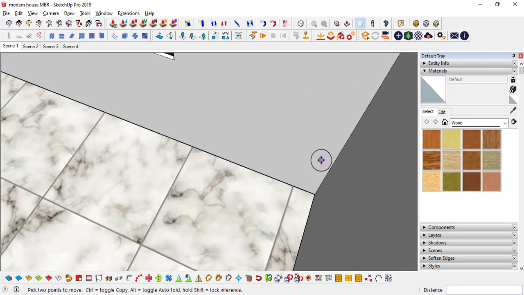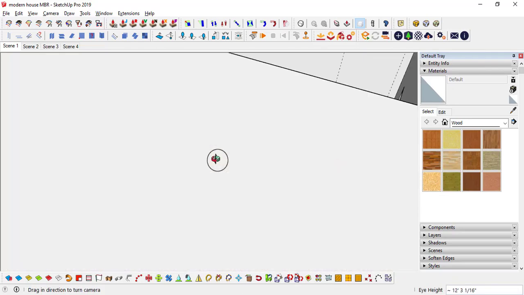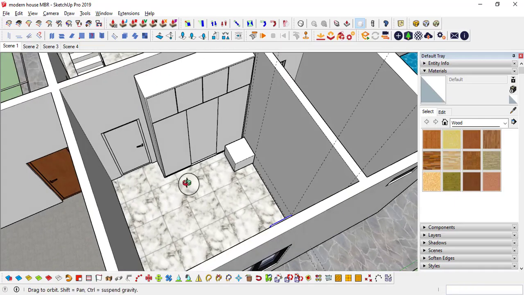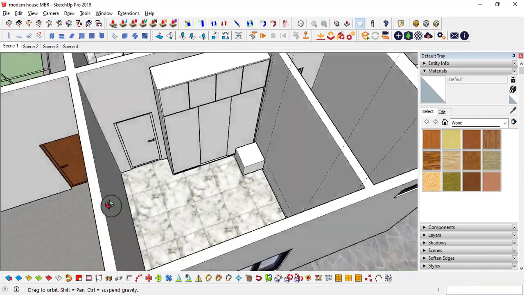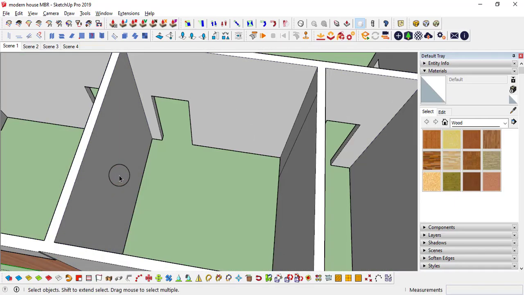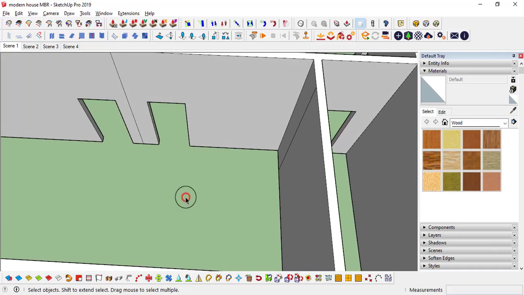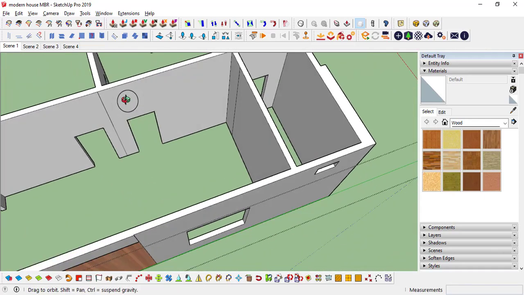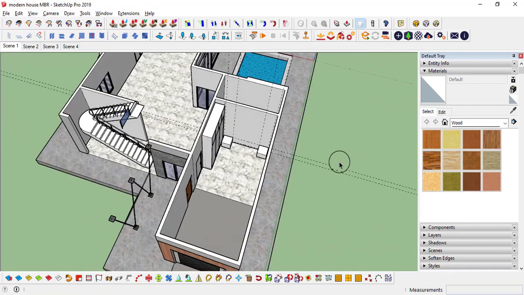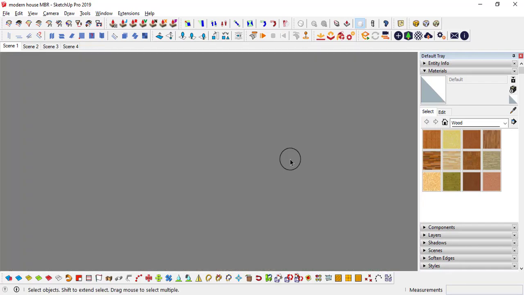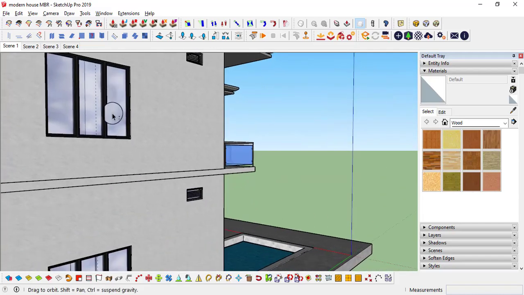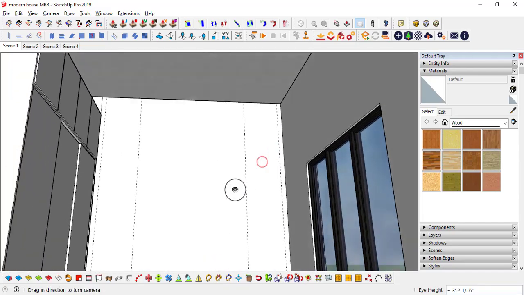Okay, so first of all I need to make the scene, because this wall is interrupting my modeling. So I'm going to do it like this. I'm going to push-pull it, so we can have this line for our future references. And Alt+H, I have created the shortcut for unhide, and I will go inside like this, make it